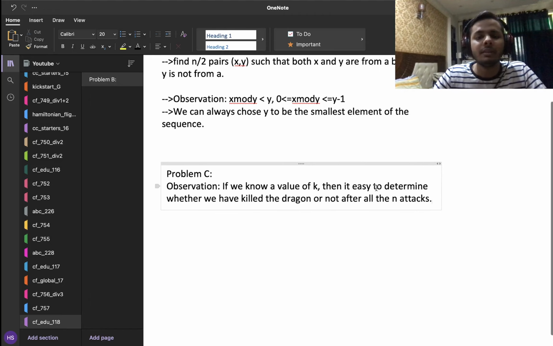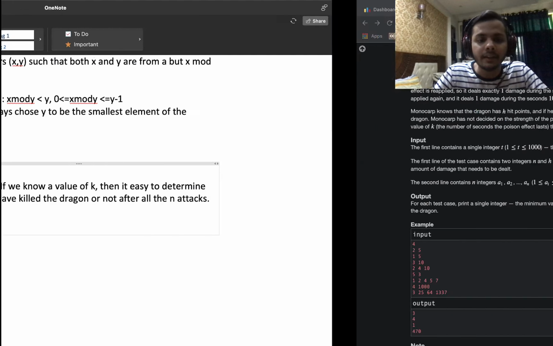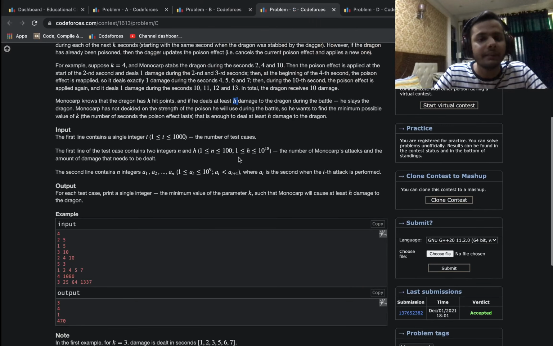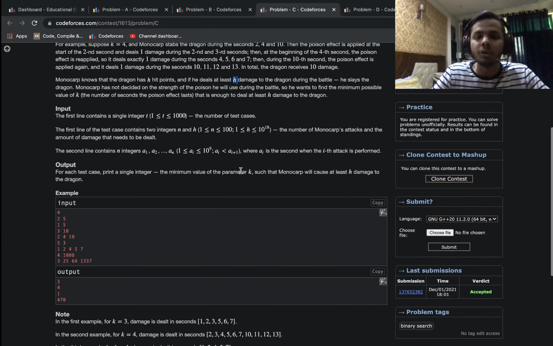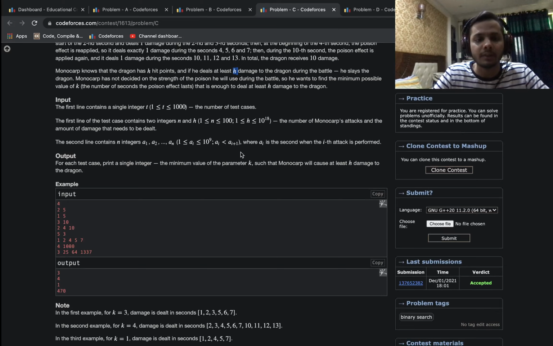The algorithm is pretty simple. Basically, you just have to simulate it. Since the value of n is up to 100, that's not a big issue for you. So you essentially just have to simulate the entire process.